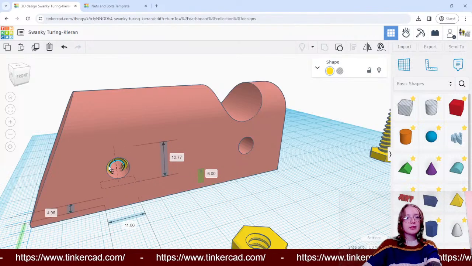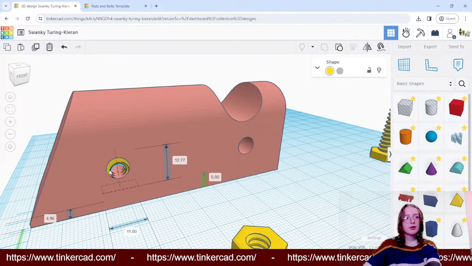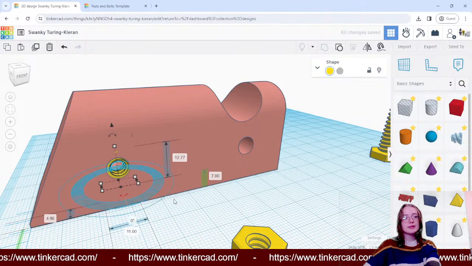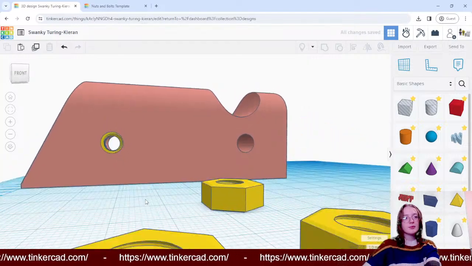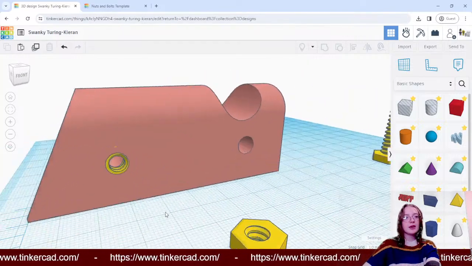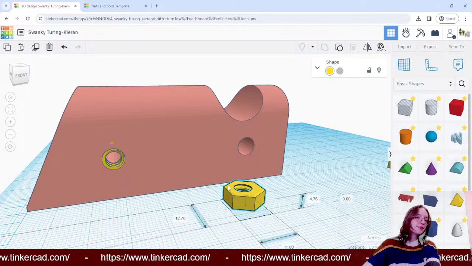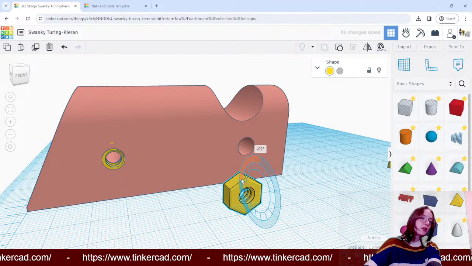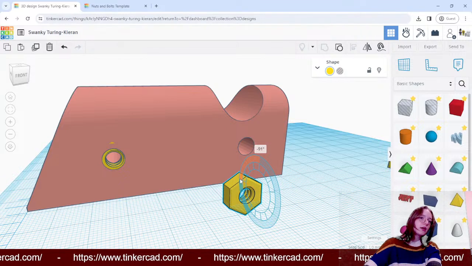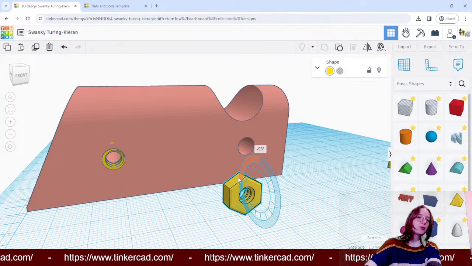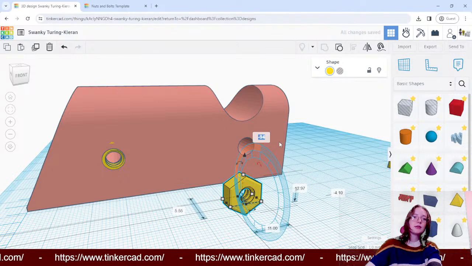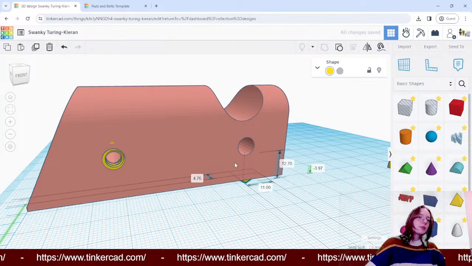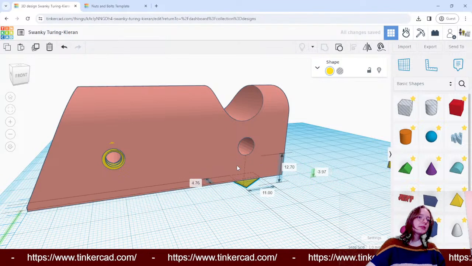So we're going to be moving this to make sure that it is aligned with the hole in the cylinder. So that's pretty good. We're going to do the same thing over on this side. So we're going to flip the nut and we're going to do the same thing once more. I can get it to, there we go, that'll be more efficient. And we put it flush against the side